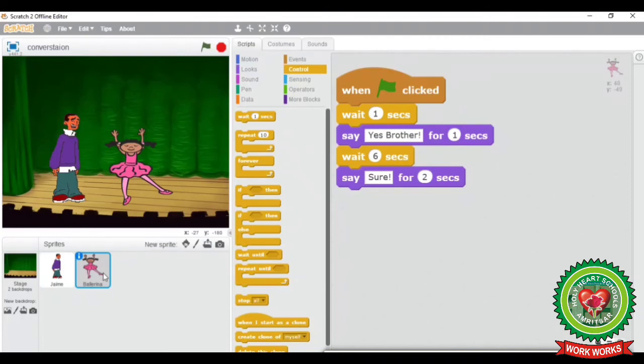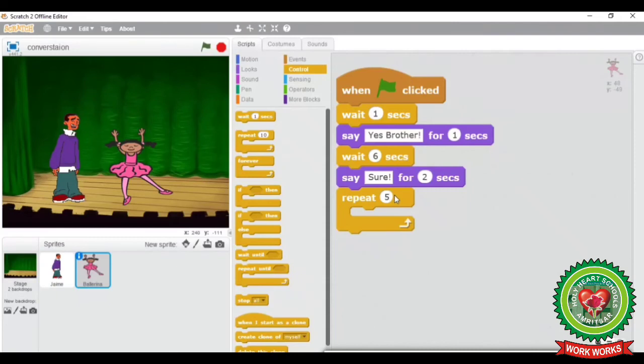And there you will see we are going to show the exercises. So we have to repeat the actions for certain number of times. So here I will take repeat block using control block. Here I have taken repeat. I will repeat the exercises for 5 times.